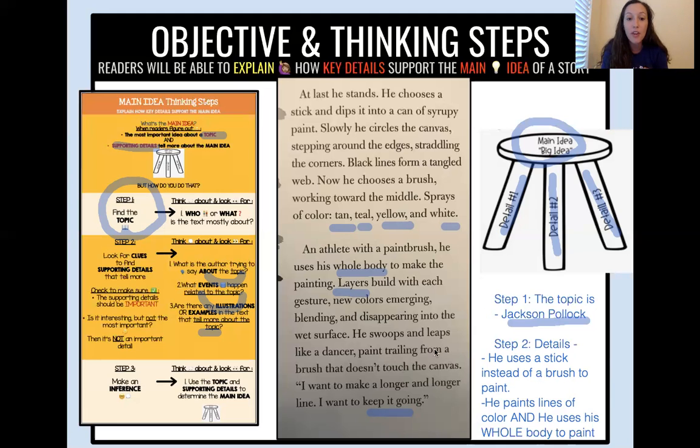So now for step 3, we need to practice making an inference, which means we're going to take our clues and our topic and put them together to think about the main idea. Never on this page does it say the main idea is, which is why we're going to practice being good readers by using our clues to make an inference. So if we think about the main idea, what's the most important thing the author wants us to learn about Jackson Pollock, we can say the main idea is